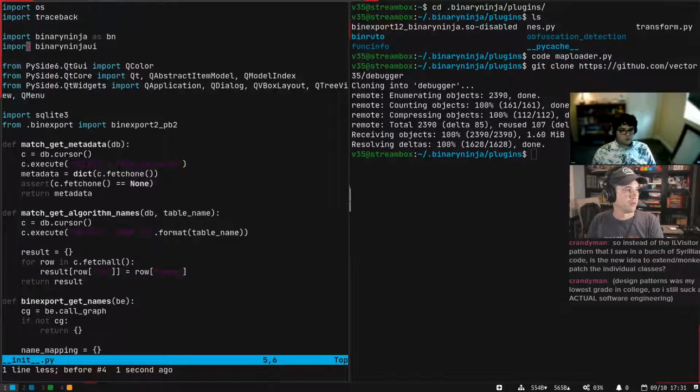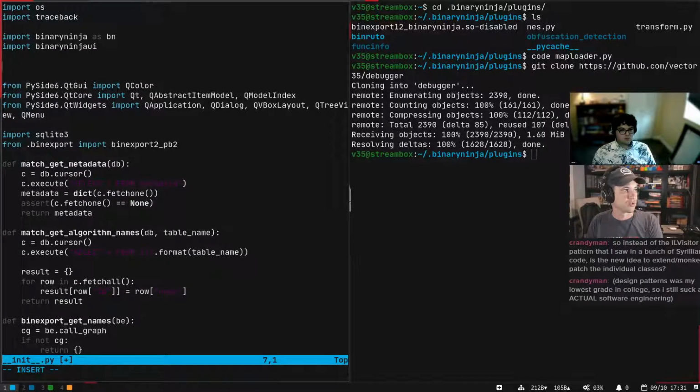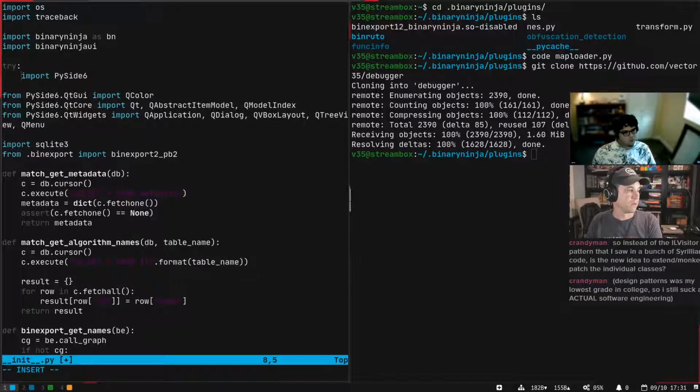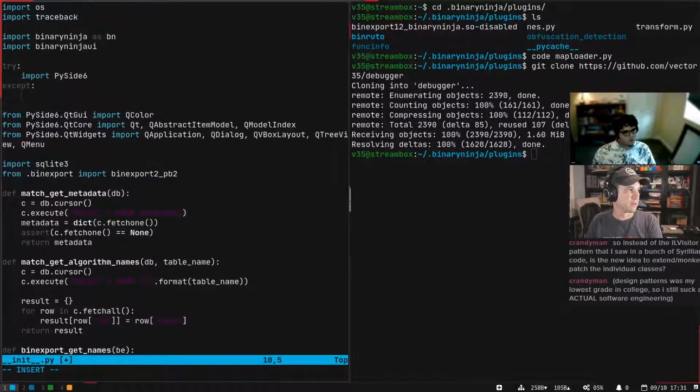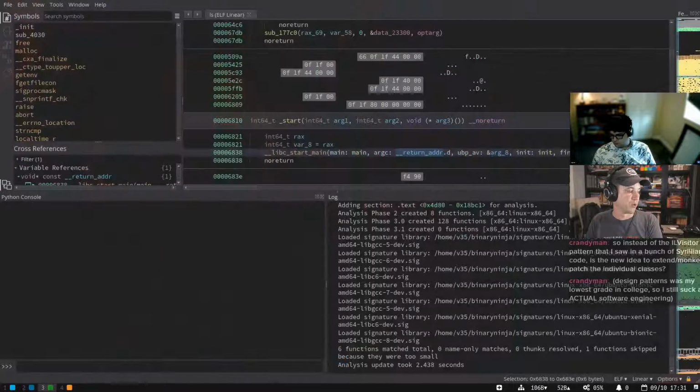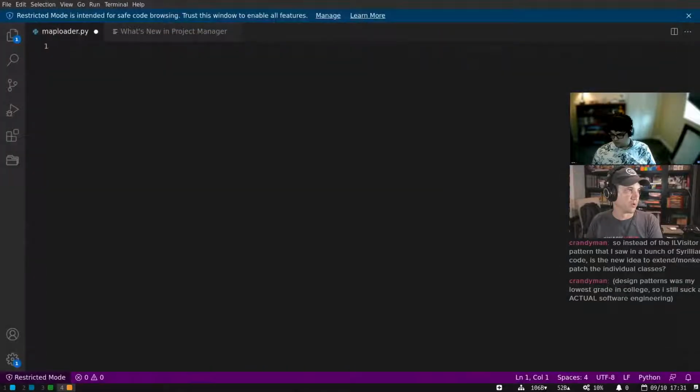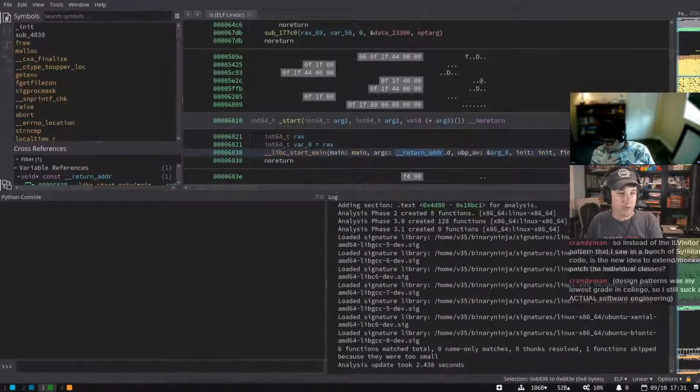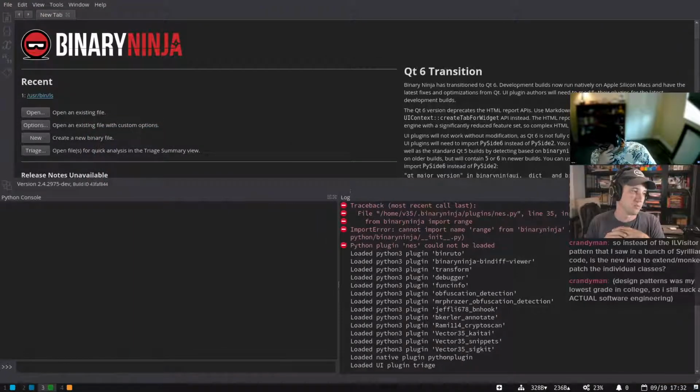Or you can do try import PySide 6, and then except import PySide 2 as PySide 6, and then have this stuff all work. That might even be a way to do it, or you can just individually do each one, which often you'll need to do because there's a couple of things that have moved around between PySide 2 and PySide 6.